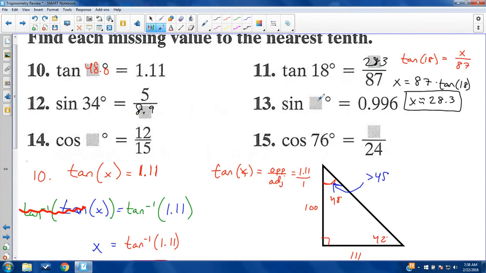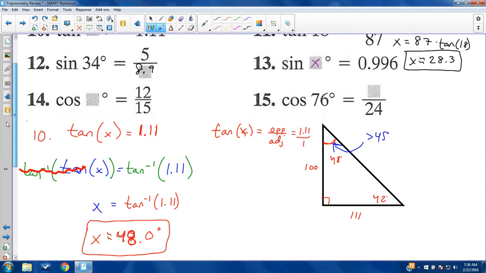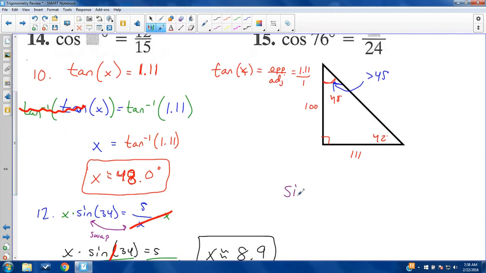Okay, number 13, sine of an angle is 0.996. Same kind of thing as number 10, only it is sine, and the number is now less than 1, as it should be. I'll explain why in a moment. Sine of x is 0.996. Now remember, 0.996 is a ratio. This ratio, SO in SOHCAHTOA, is opposite over hypotenuse, which is, in this case, 0.996 over 1. Or it might be 996 over 1,000. Whatever it is,